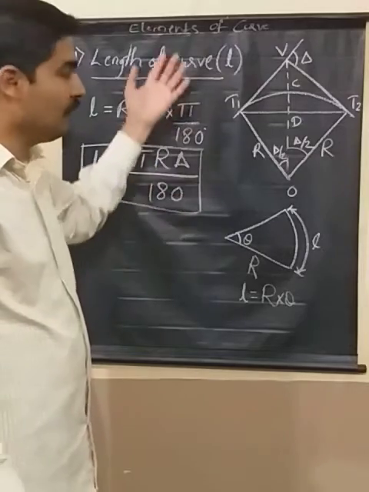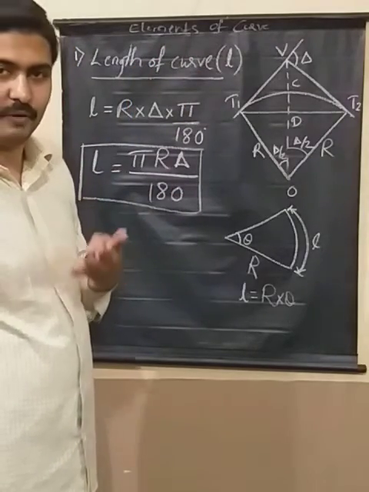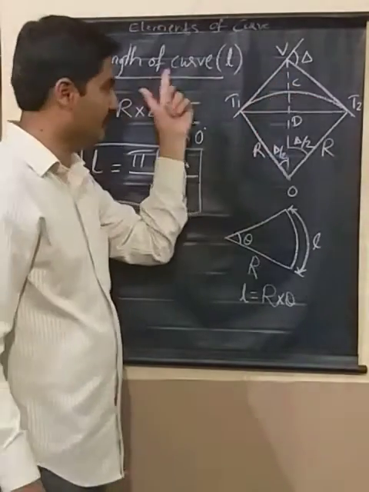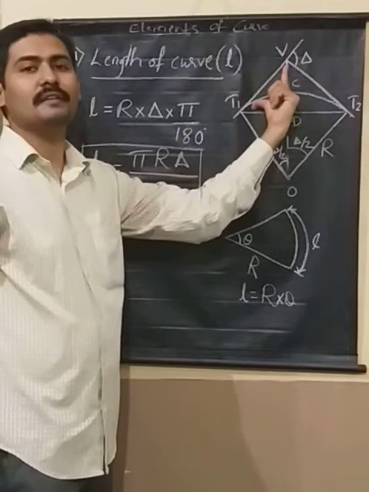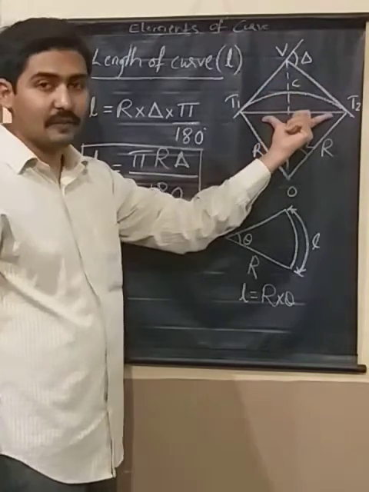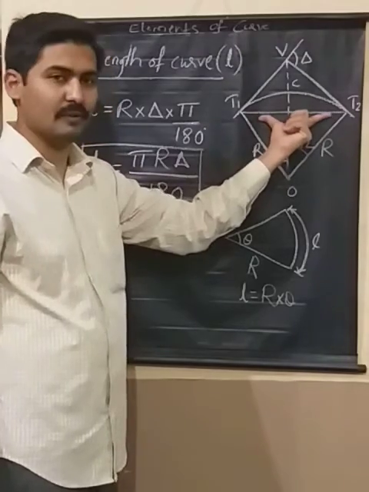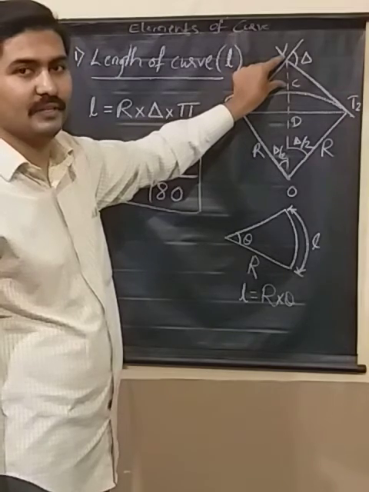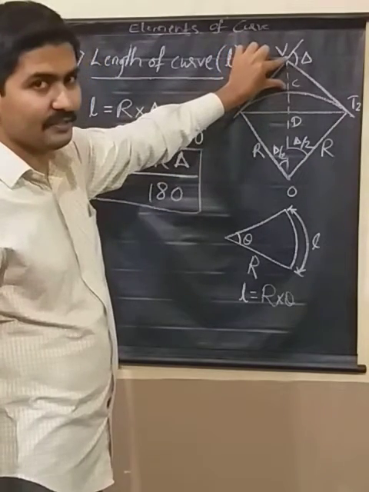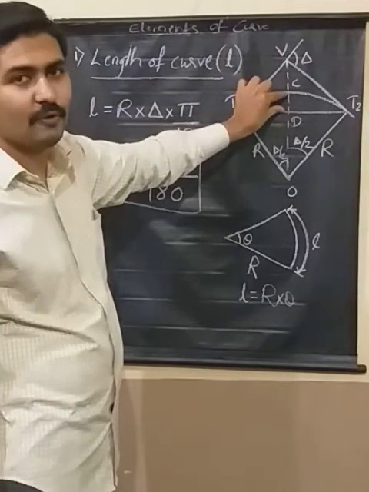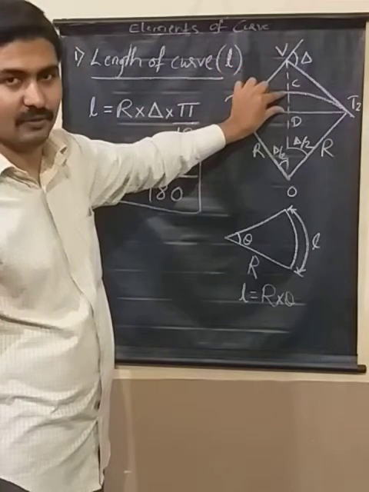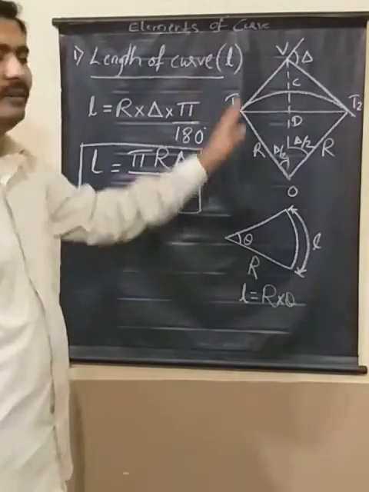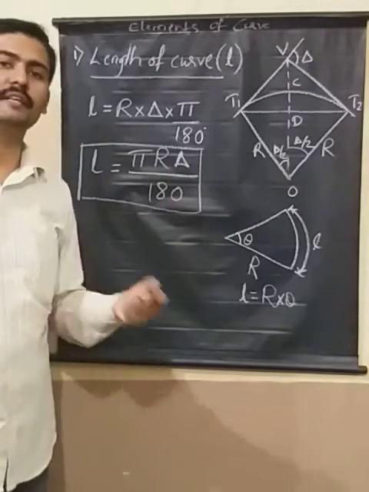In a similar way, we have 4 more things to calculate or derive. First one is the length of the curve, the one we have seen. Second one is the tangent length, and then the length of long chord. This is long chord T1, T2. Then I need the formula for the external distance, VC. VC is the external distance. Then the mid ordinate, the longest ordinate at the center, CD. CD is the mid ordinate. So let us see how I am going to get the expressions for them.